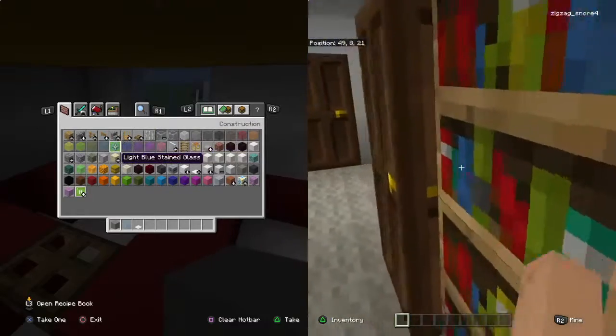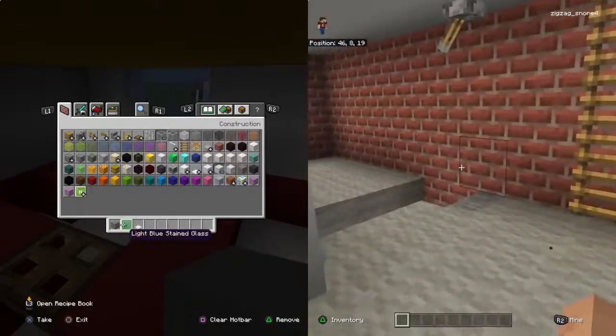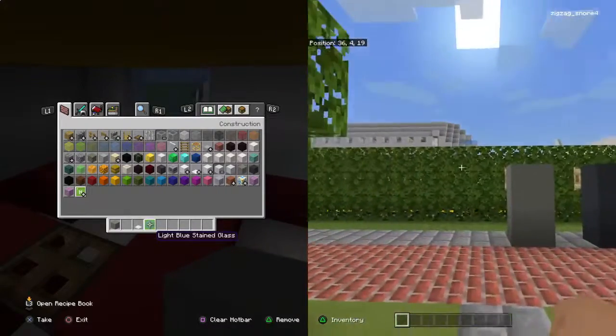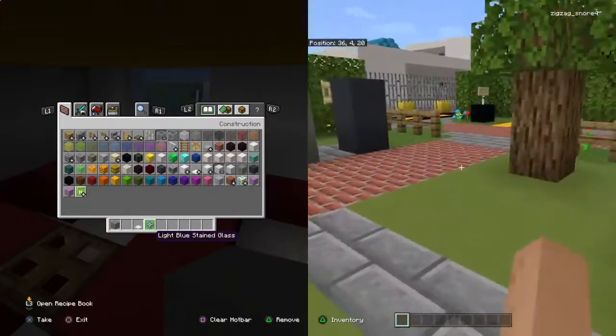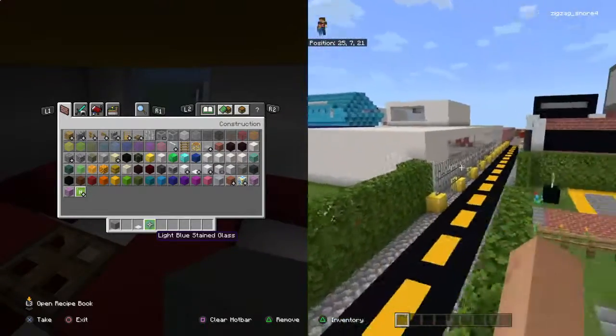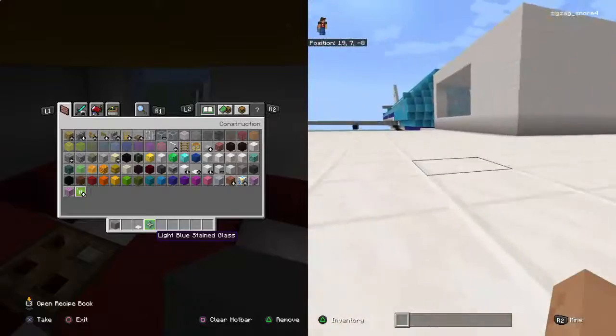Yours needs updating. Yours needs updating. Because look, that plane's been added. Are you going to make some city builds? Of course, but